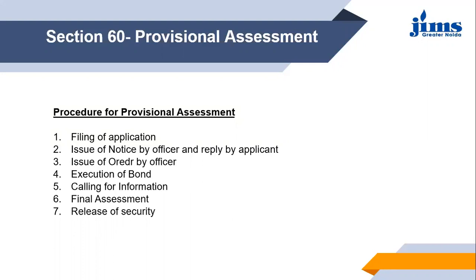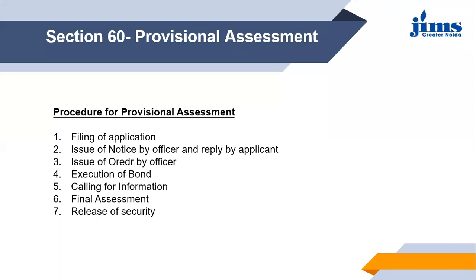So there is a particular bond that needs to be executed for this liability, and security to be furnished, which is not exceeding 25% of the amount covered under the bond. So for the assessment, you need to proceed with a bond. That is the next point that we will be dealing with, that is execution of bond. It clearly says that on the provisional assessment basis, there will be an execution of bond, and the security also needs to be submitted, which is not exceeding 25% of the amount that is being covered under the bond.